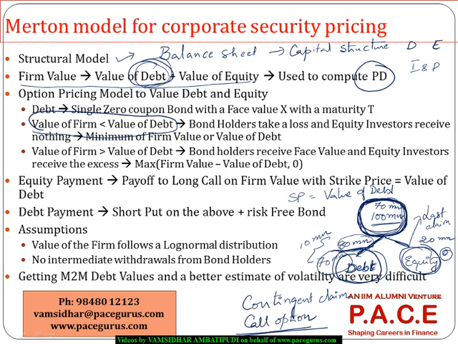When I look at the payment to the equity investor, if the value of the firm is less than the value of the debt, the equity investor is going to get 0. If the value of the firm is greater than the value of the debt, he is going to get the difference. This is exactly similar to the payoff on